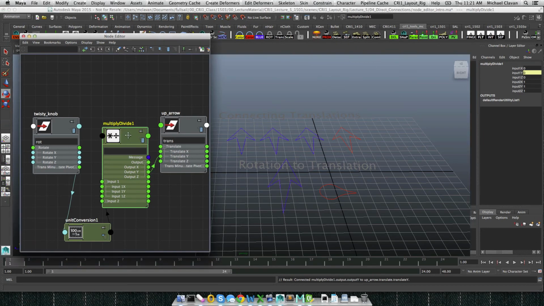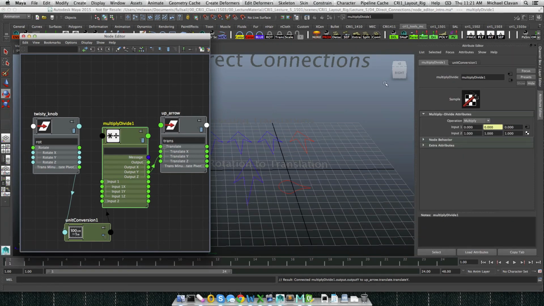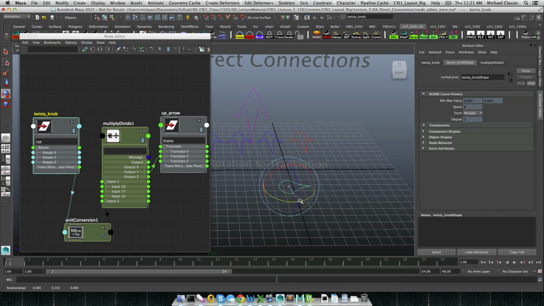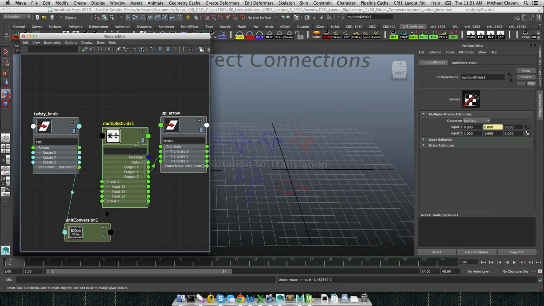actually double click on this and open up its attribute editor. What it's saying here is the input right now is 0, and it's multiplying it by whatever this other channel is here. So whatever 0 times 1 is 0, but if it's 1 times 1, it'll be 1. It'll be the same value pretty much. So you're not going to see any difference here, like that. But if I want to reduce it, I can go in here and I can say, hey, I want it to be half the amount. So I can say 0.5, and now